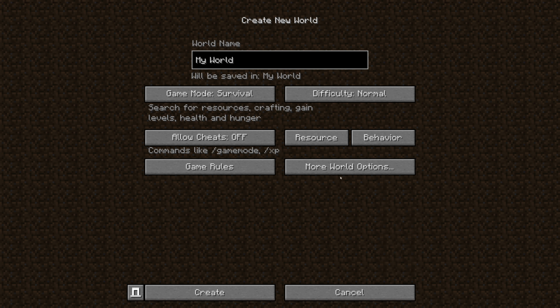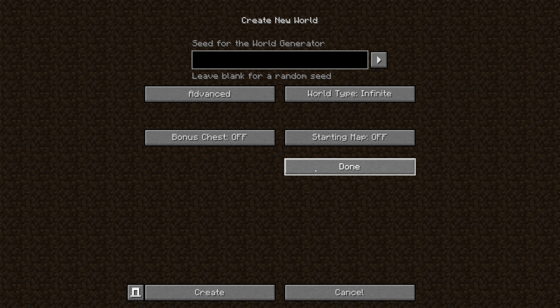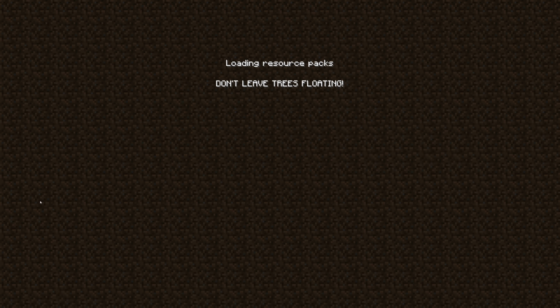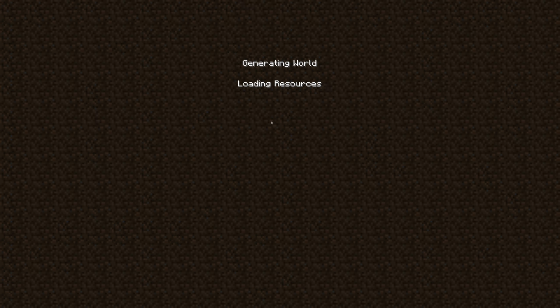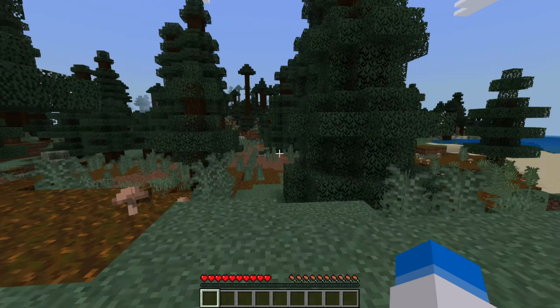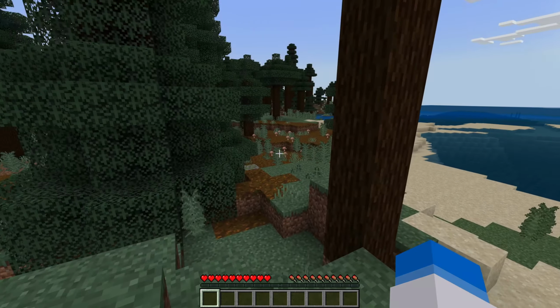And then you can select all of your various world settings and things like that. Game mode survival, as you can see here, and let's just name it anyway, and let's just load into it like that. You can see right here, you've got the Java Edition loading thing, or you did have it, but it loads so fast on Bedrock Edition that you don't get that much time to see it. And here we are